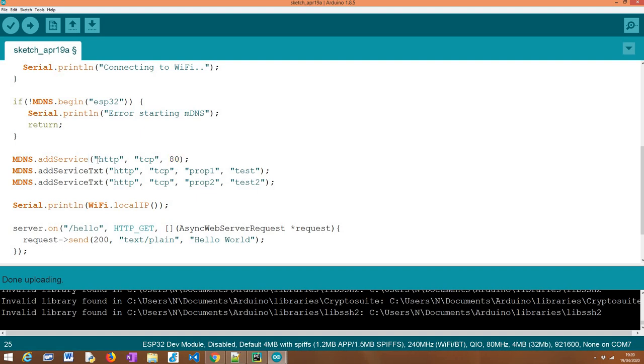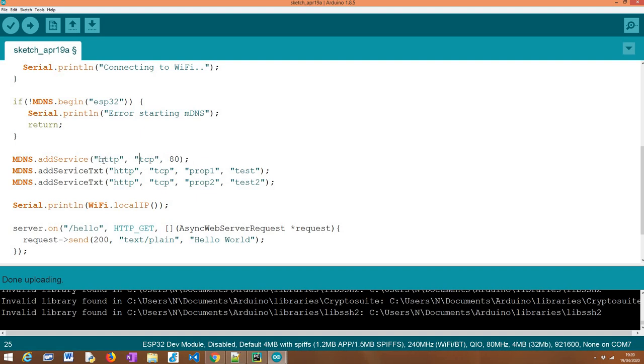Typically, by the guidelines of the lower layer libraries and these protocols, this name should be pre-appended with an underscore. If we check the implementation of this add service method, if we don't pass it like we are doing here, it will check if the first character is an underscore, and in case it is not, it will add it for us.